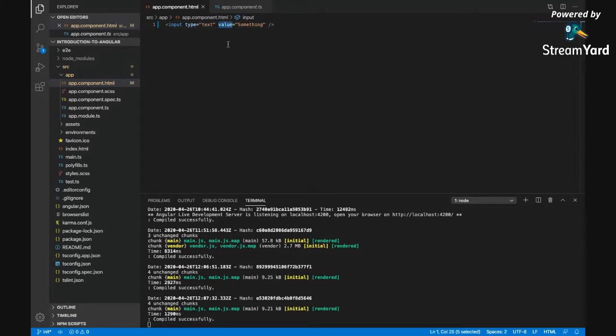And this binding is called property binding. So basically, whenever you want to mention a property,